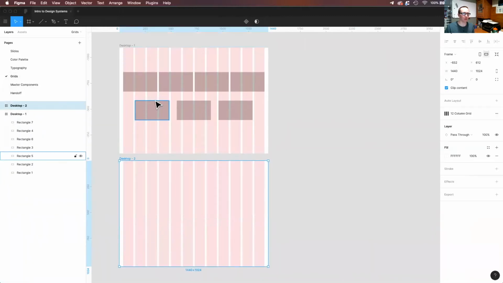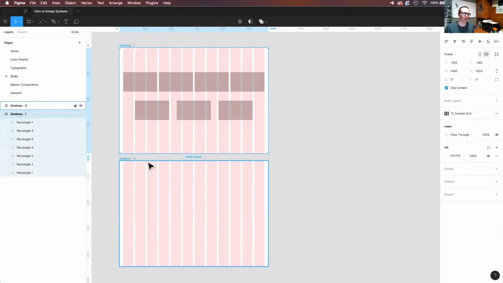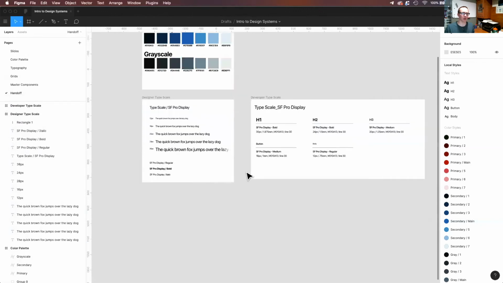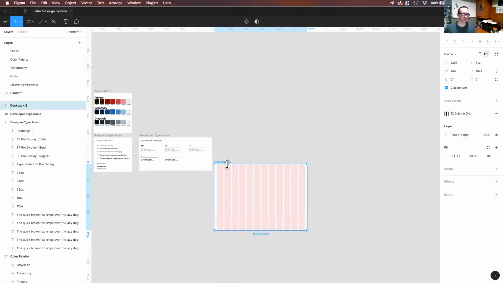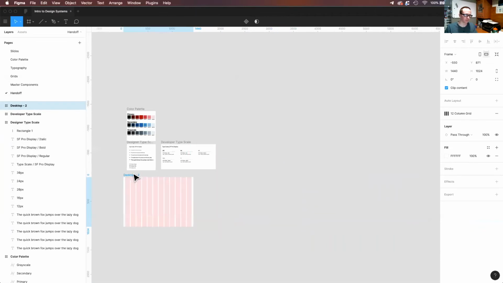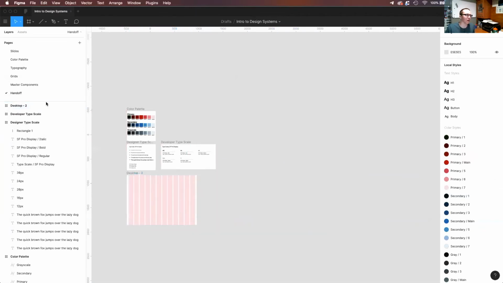I am going to grab my grid. You know what? I'm actually going to grab this one. No, I'm not. I'm going to grab this one. This one's got some examples in it, and if I wanted to, I might put together a little mock-up to more accurately demonstrate those examples, but for this instance, I'm just going to pull this over and stick it in here. Now, we'll label this grid